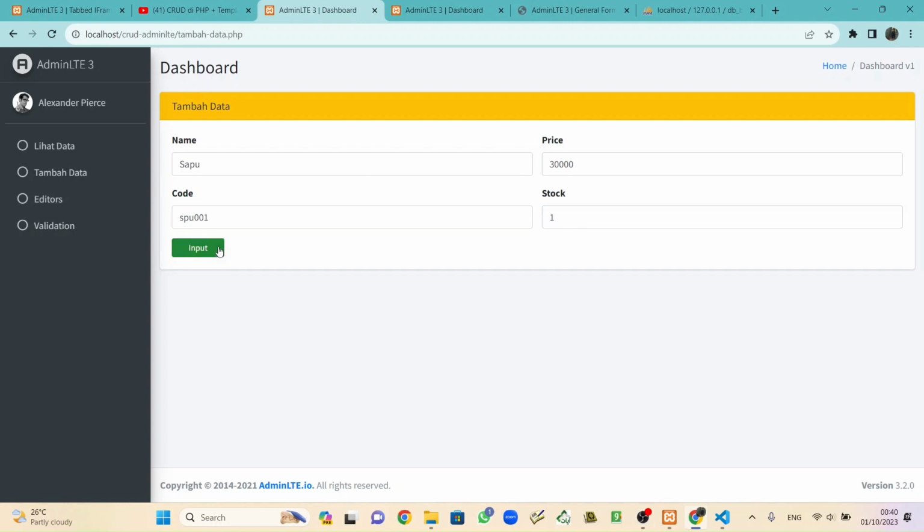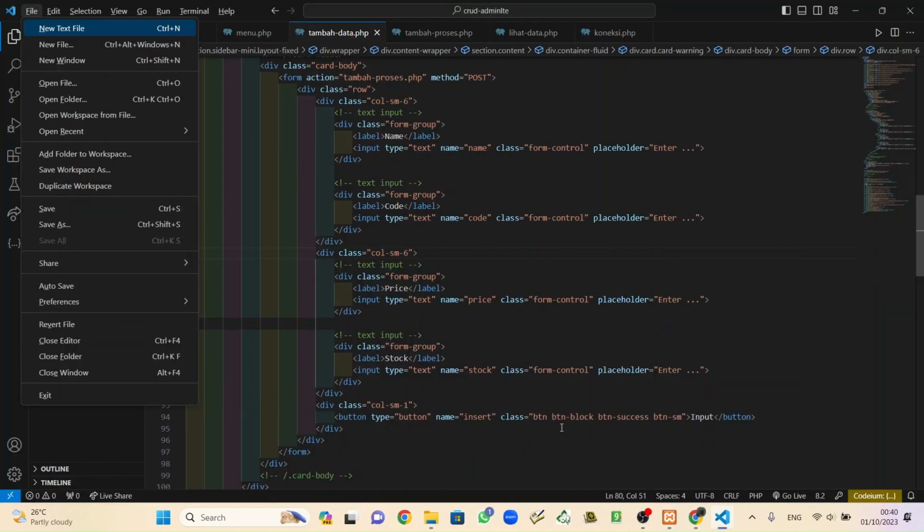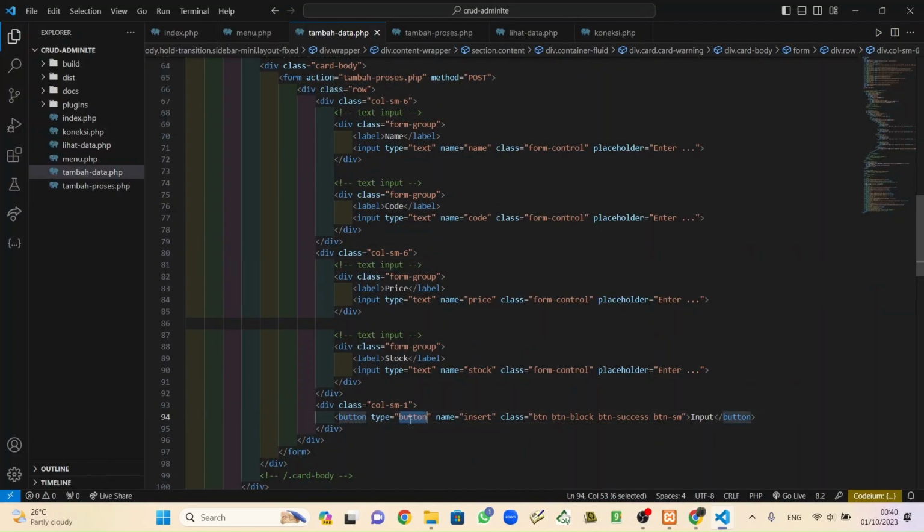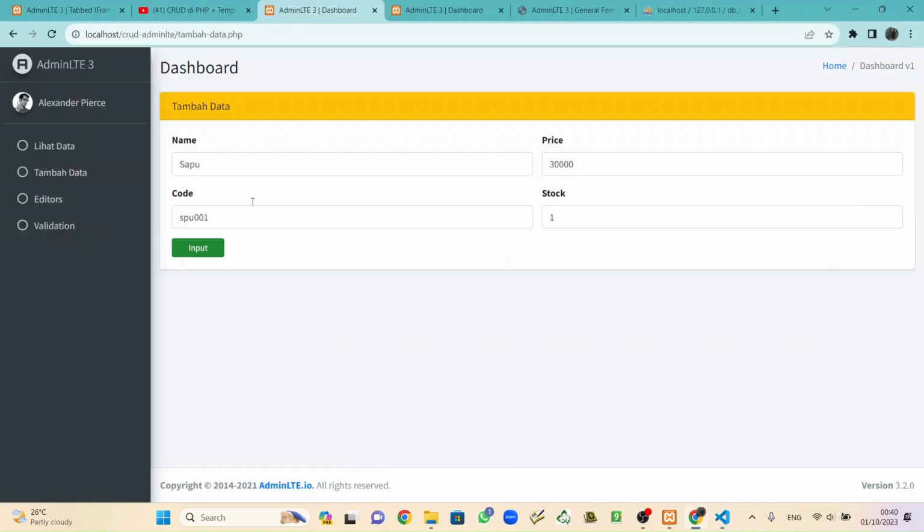Why it's not working? We go back again. I will check again. And I think it's here, the type is not button, but submit. Maybe if we reload that, name the first one sapu, code SPU001, price 30, and stock just one, and